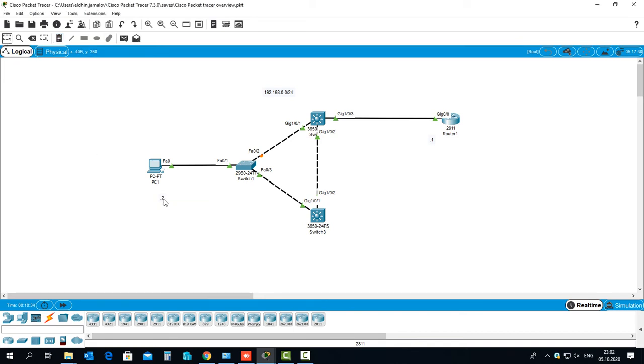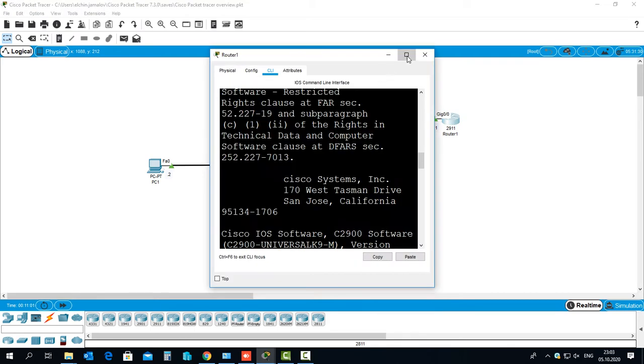Click here, move it a little bit, somewhere here. So we already know which interfaces we can see, and we can see the IP addresses on those interfaces. It's good. So what we should do, we should assign an IP address to this interface first on this router, gigabit 0/0. What I'm doing, clicking here,